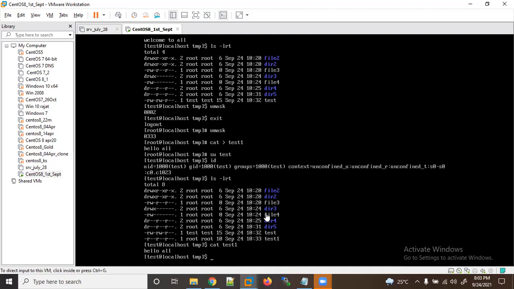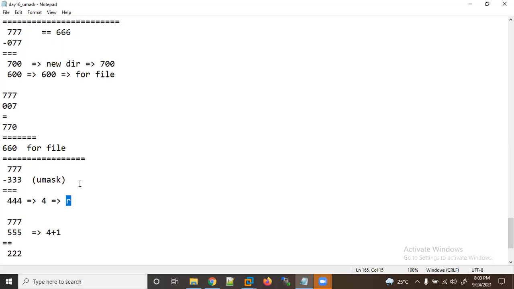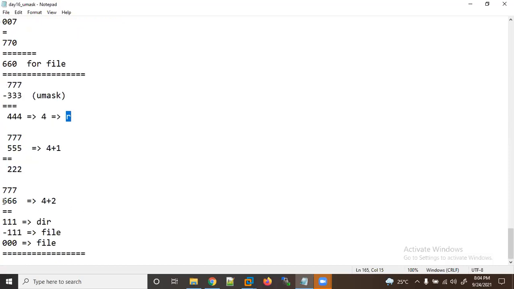So when you are giving any permission, you need to make sure it is a valid permission. If I'm giving 666, let's say, it will be 4 plus 2. It is not valid for a directory, because I don't have execute; at least read I need to execute, right? So this is invalid. These are invalid for directory or file cases, not for umask. Umask takes it, it's not denying you or giving any error, but when we are creating new things, it will not apply it.